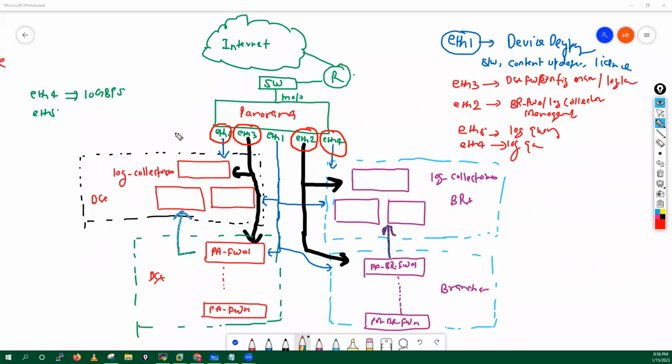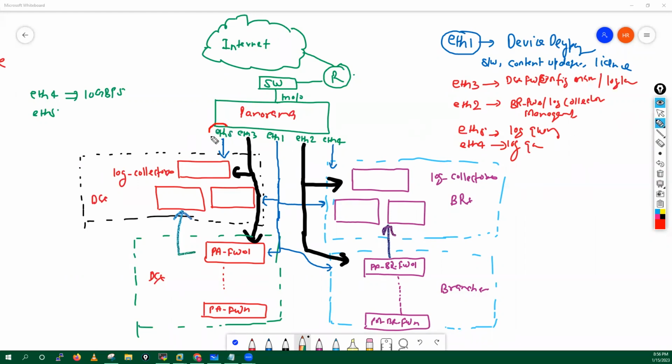Yes, sir, I got it, but one question. On Ethernet 3 and 2 we can send both templates and group policies, device groups also? Yes, yes, right, right. And another question: we are going to configure all of these, 5, 3, 1, 2, 4, everything. So do all interfaces work on a different subnet, or the same subnet, or the same IP?